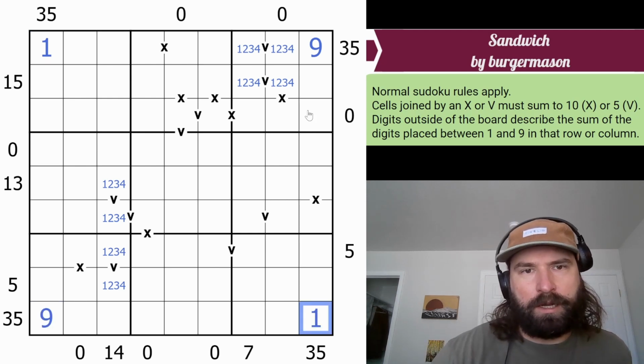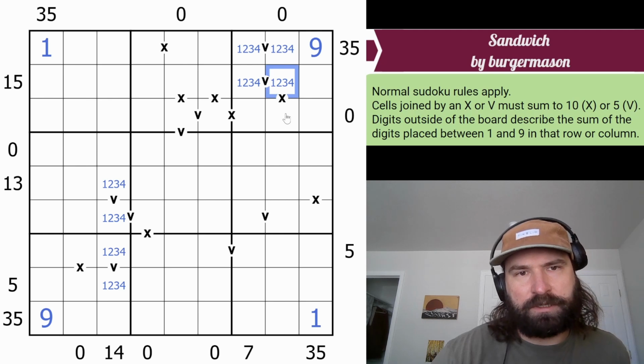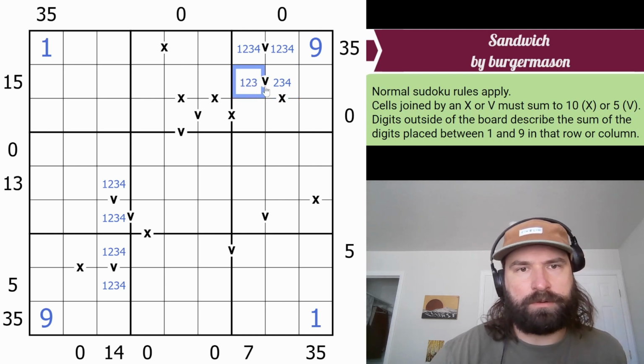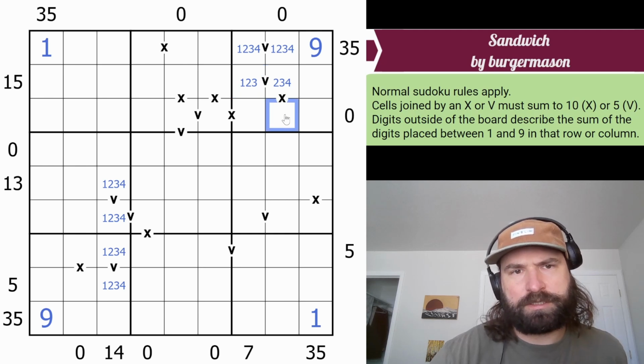Okay. So now this is a low number, so this one has to be a high number, and it can't be 9, so this can't be 1. So this is a 2, 3. No, it's not. Okay, that can't be 1, so that's not 4, but it could still be 1, 4 the other way. And then this